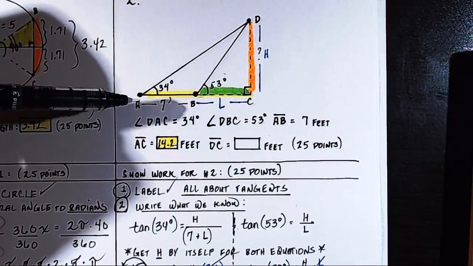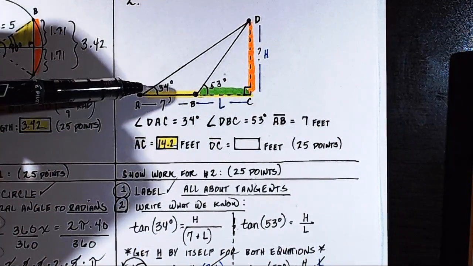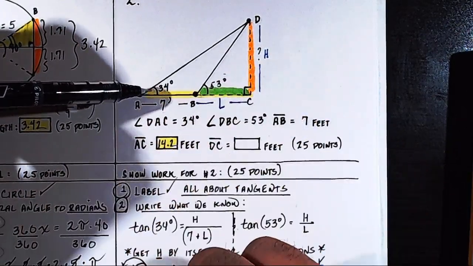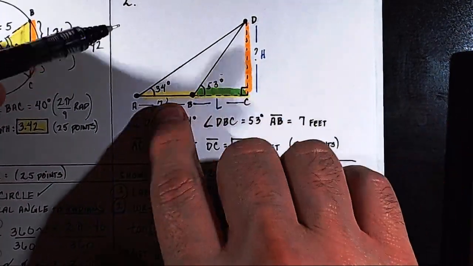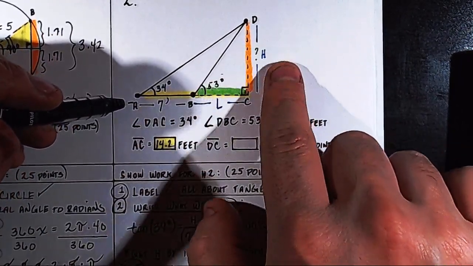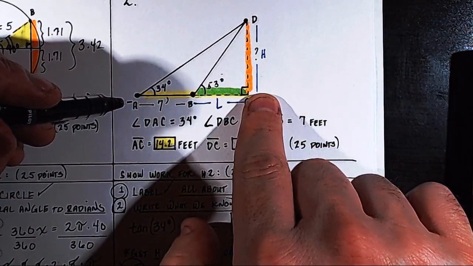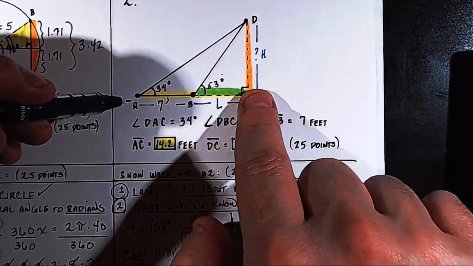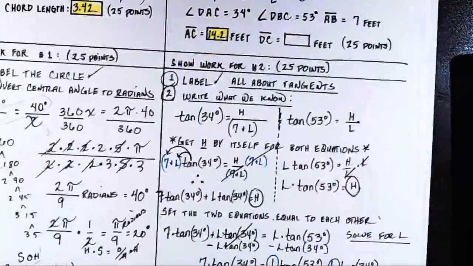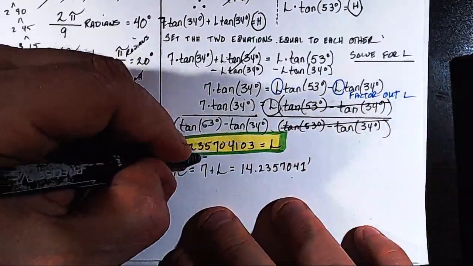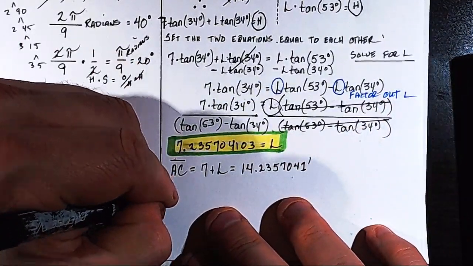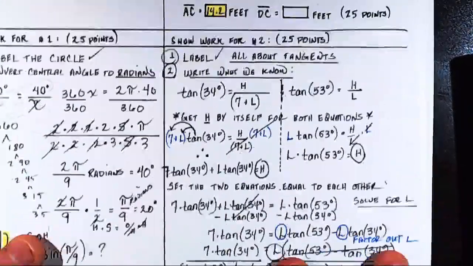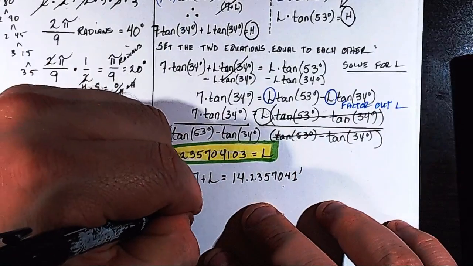And here's how we're going to do that. We're going to use the sine function. SOHCAHTOA, sine, is, why did I say sine? We're going to use the tangent function. TOA, opposite over adjacent. So tangent equals opposite over adjacent. And we'll just plug this in. Tangent of, what was the angle? 34 degrees